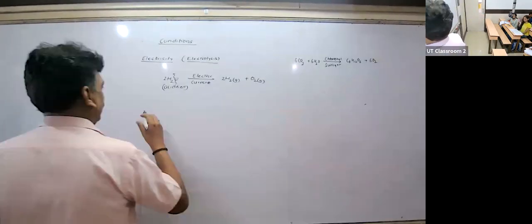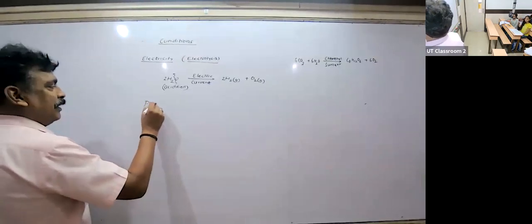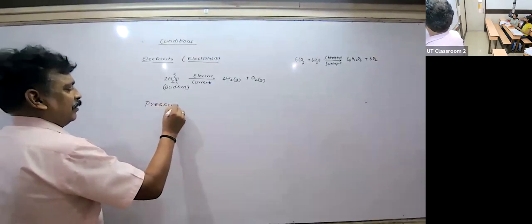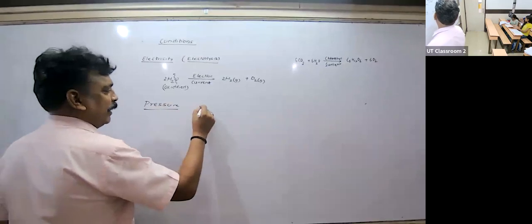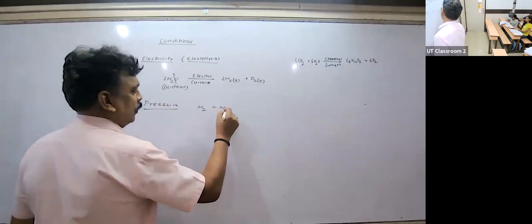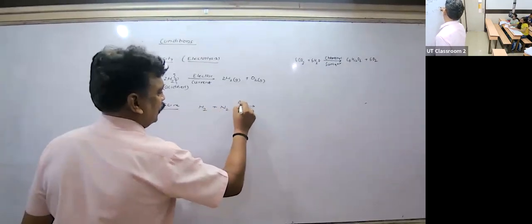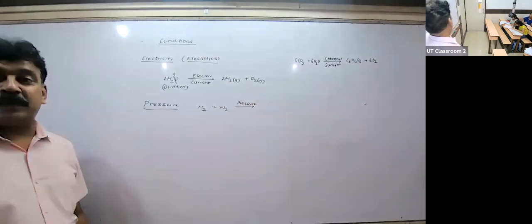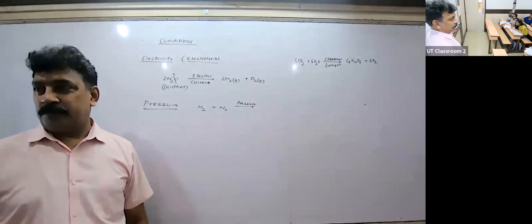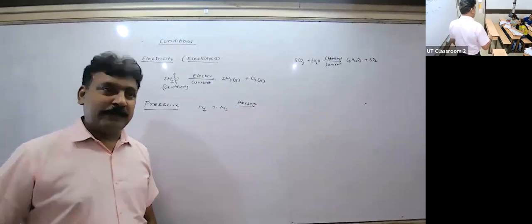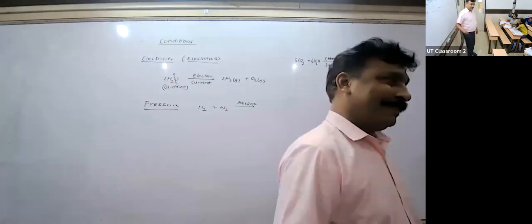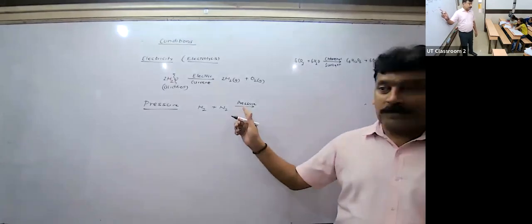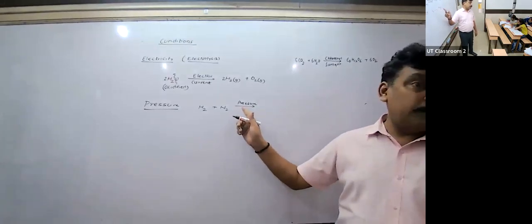Next one is what? Pressure. Your pressure is what, children? This pressure is important, like for example hydrogen reacting with nitrogen. You require a certain pressure for the substances to come forward. In the students' case, what is the pressure? Examination schedule. The moment the teacher gives the examination schedule, you get pressure. This examination pressure is very important. It's a positive stress for you.